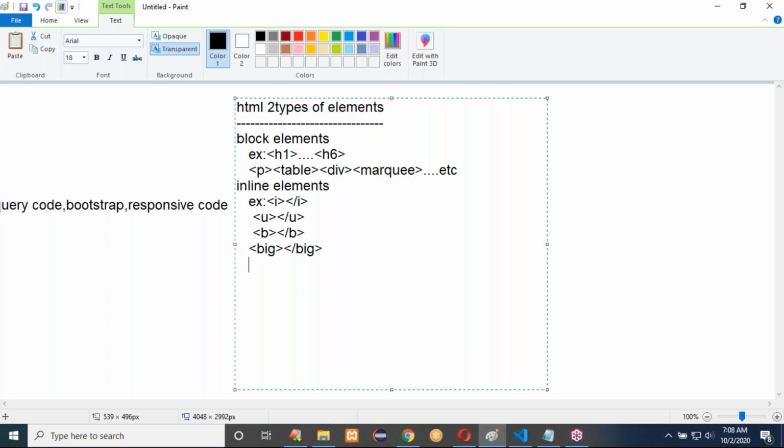The EM tag is also used for italic content. We use the EM tag for italic content, and in the same way we can also use the strong tag. The strong tag and bold tag are both used for the same purpose, bold content.